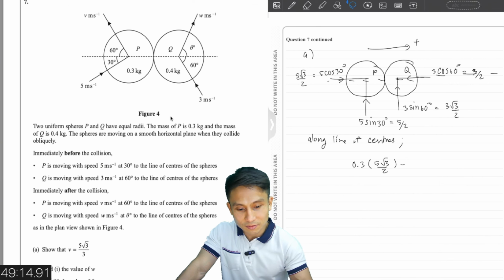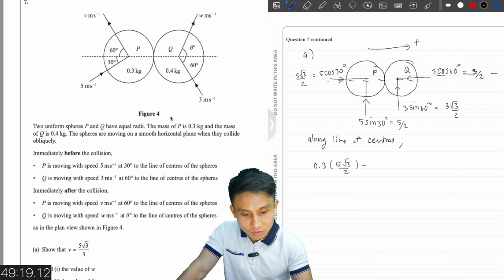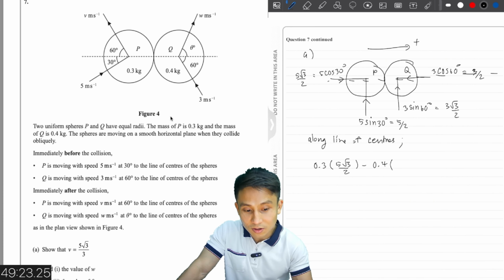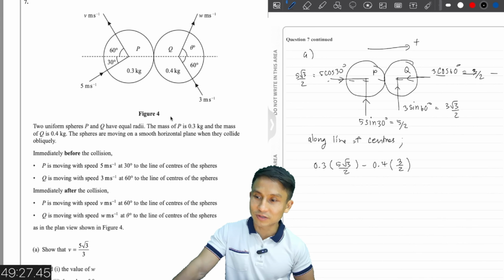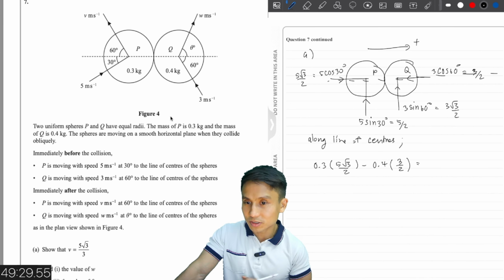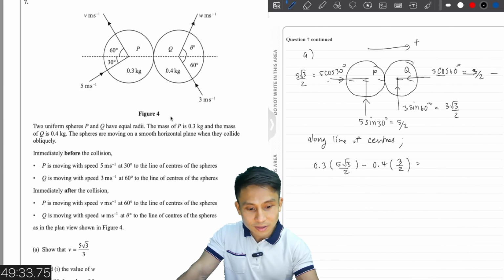Minus, right, because the Q is negative there, moving to the left. So mass of Q is 0.4 times 3 cos 60, which is 3 over 2. That's the sum of initial momentum equals, and then we want to find the speed of,